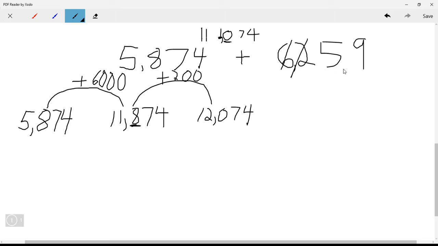Now we are going to add 50, right? Because the 5 in the tens place, okay, is equal to 50. So plus 50, and then since I'm doing plus 50, I'm doing 5 plus 7, right? Because they're both in the tens place. 5 plus 7 equals 12. And once again, I can't just put 12 here, so I have to carry the 1, because 12 tens is actually, so 12 tens, okay, equals 100, and then 2 tens, right? So the 2 stays in the tens column, and the 100 goes over here. So it becomes